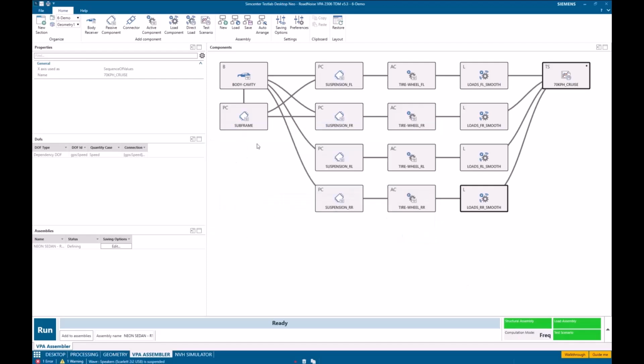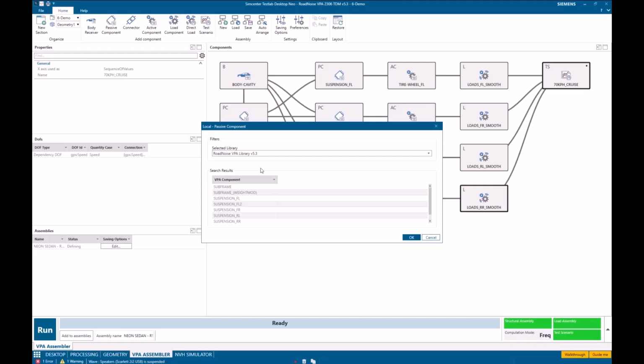The other change I make here, so not only can I change speeds here, but for a given speed condition, in this case, I'm going to leave it at the 70 km/h cruising condition. And I want to assess smooth road performance versus rough road performance, and then compare that to what if I did this weight modification on the subframe? What if I took some of the weight out of it, to make it a little bit more efficient in terms of range and that sort of thing? So I can select this component and change it to be either the original subframe or the weight modified subframe here.